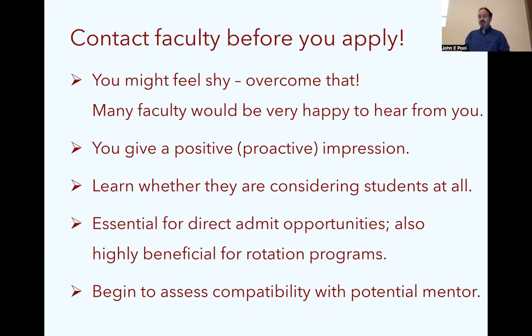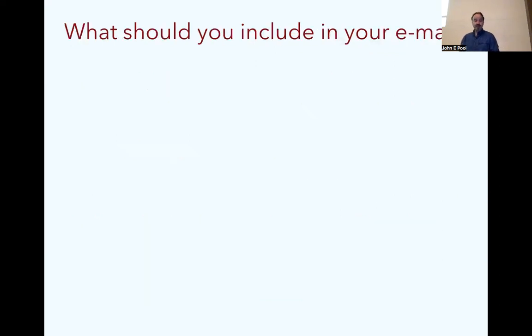And so, it's worth asking around. It's worth talking to lab members as well. So, it's always good to try to assess what you can about whether you might like to work with a given faculty mentor. So focusing on just this initial contact, I know I'm getting kind of ahead of myself there, but what should you be including in an email to prospective mentors?